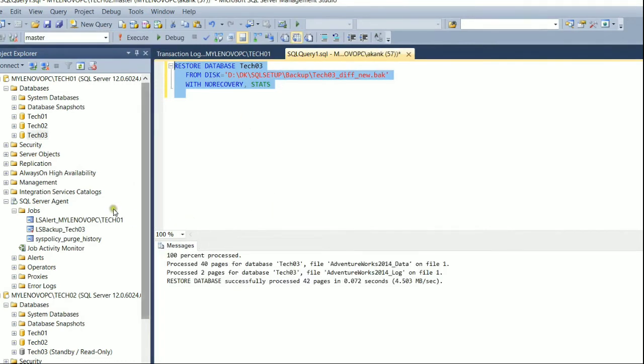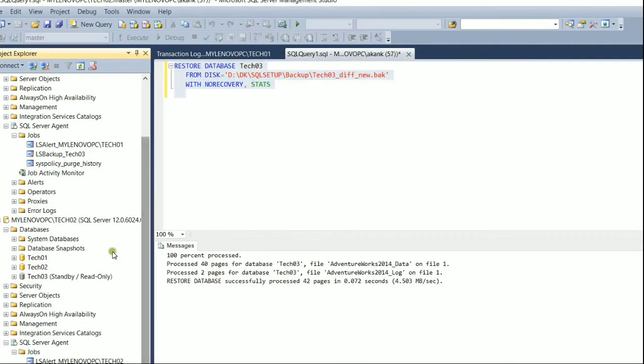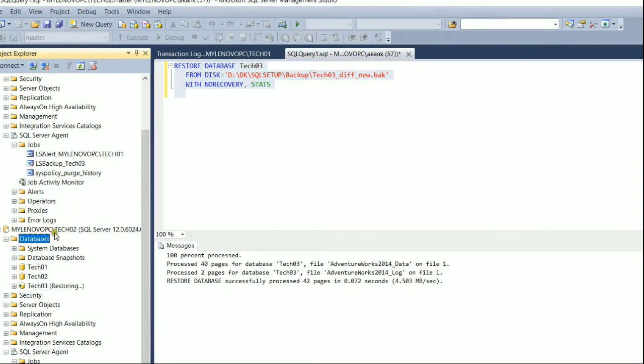The backup is done, the restoration is done on the secondary. Your database should be in restoring mode. See, in restoring mode. What is happening here I already explained in the last session. The full backup base is already there on the secondary database.